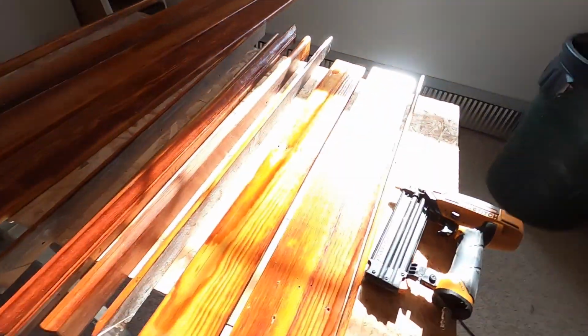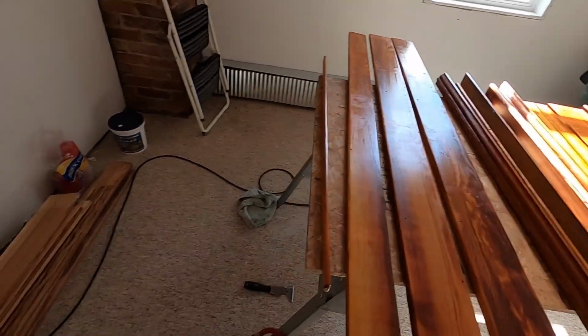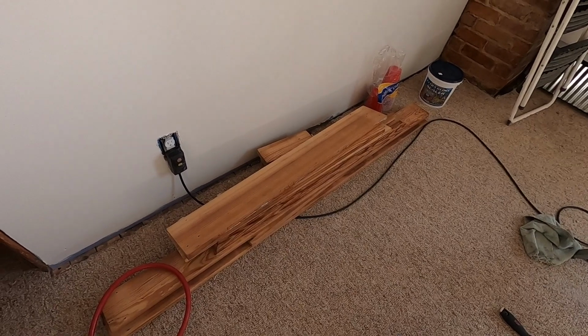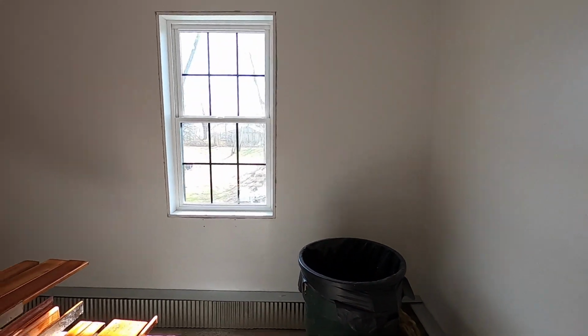So today is gonna be a little bit of trim, and I'm just gonna do a small portion today, because we've got so much trim in this house. We've got this much sealed or stained. We've got that left to do. We still got to do the doors. So we're gonna be doing a little bit at a time. This video is gonna be spread out over many days, but I am gonna go ahead and put some stuff up on that window,